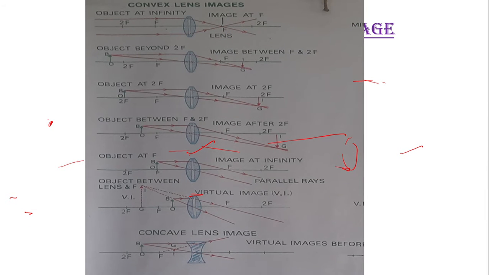Some examples for a convex lens. Here, if the rays are coming from infinity, when they pass through the convex lens, a point image is formed over here. When there is an object over here, the image is formed over here. Here there is an object at 2f, and here also the image is getting formed. So we can obtain this on a screen. And why can we obtain this? Because we can see the rays are meeting. They are converging at a point.